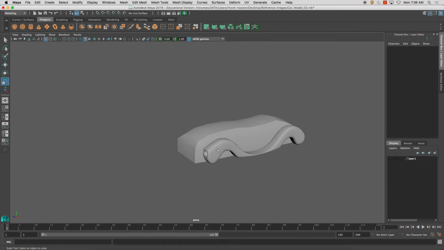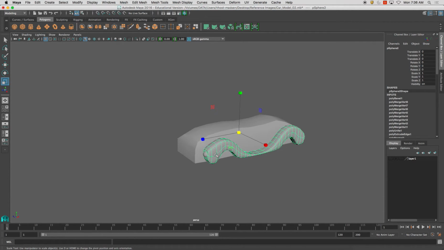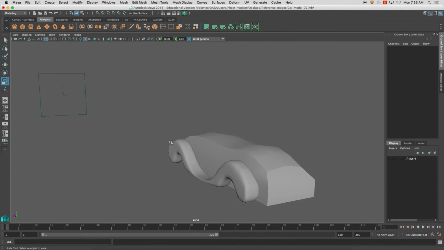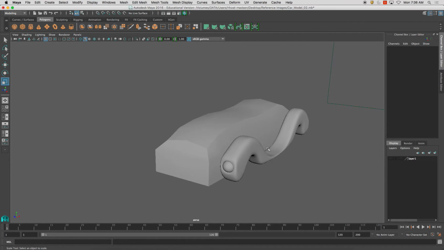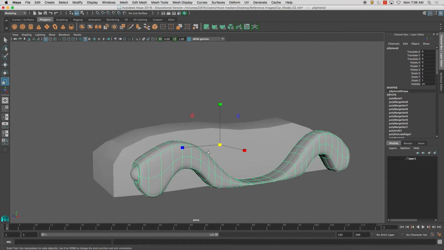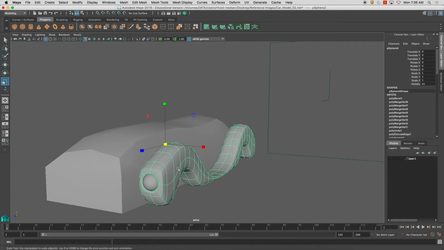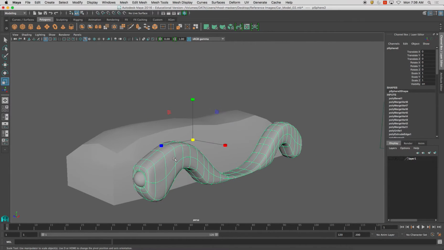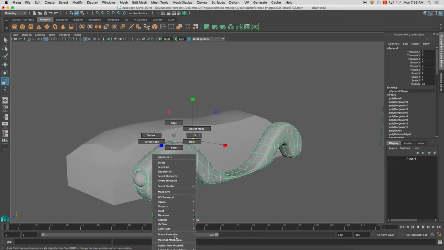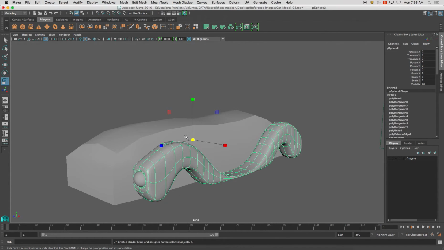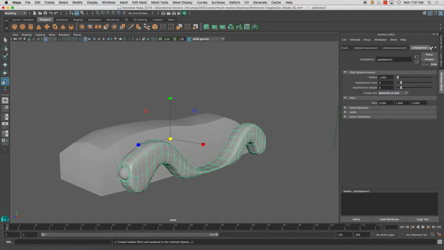A couple other things. Multi-cut tool. One last thing I was going to save for the next video, I'll do it right now. What we can do here is start by adding a color to this. I'm just going to add a material. I'm going to hold right click and do assign new material. In this case, I'll do just a blend,